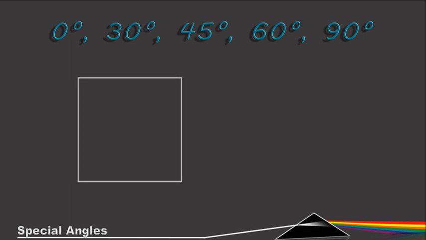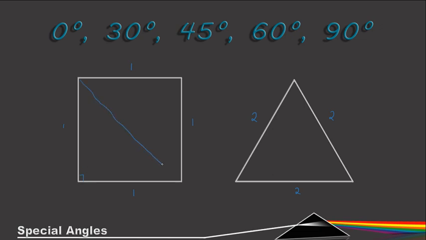I start by drawing a rectangle and an equilateral triangle. So the rectangle, I make its side length 1 each. So all this side length is 1. The triangle, I make each side equal to 2. The next thing I do is I halve both of them. So this would be 90 degrees. Then if I halve this, this angle here would then be 45 and this one would also be 45. After I halve this triangle, since it's an equilateral triangle, each angle is 60 degrees, and if I halve it,